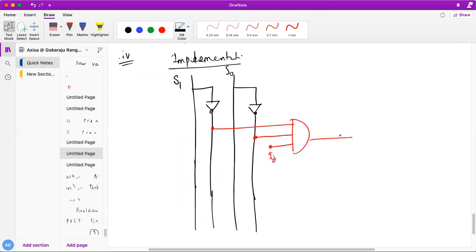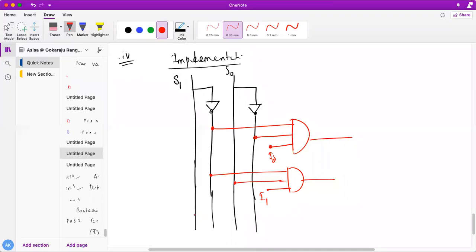I have told you that in a mux, AND gates are generally followed by an OR gate. So see here, this is my AND gate. Next S1 bar, S0, I1. This is also an AND gate.